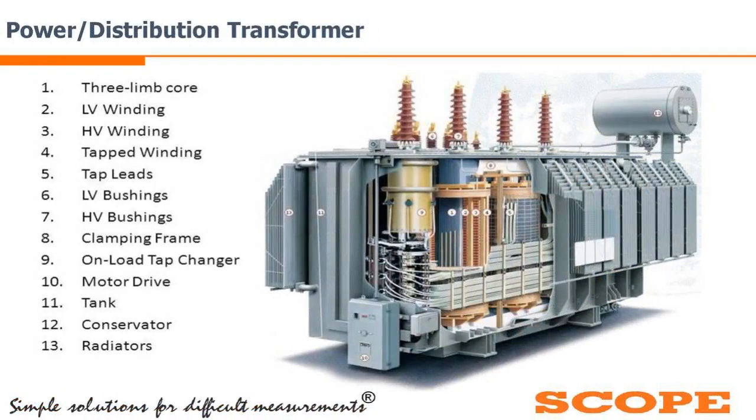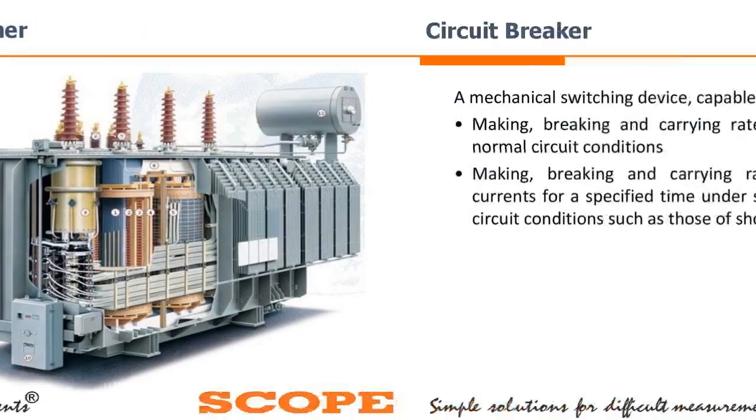Out of that, power transformer and distribution transformer are among the important parts of the substation. As I said, power transformer is for stepping up the voltage, that is used at the generation side or transmission level, we can say. And the distribution transformer is used in the distribution side to step down the voltage level. And these are the important parts of the power transformers: core, winding, then insulating oil, then tank, conservator, radiator. So these are the important parts of the power transformers or distribution transformers.